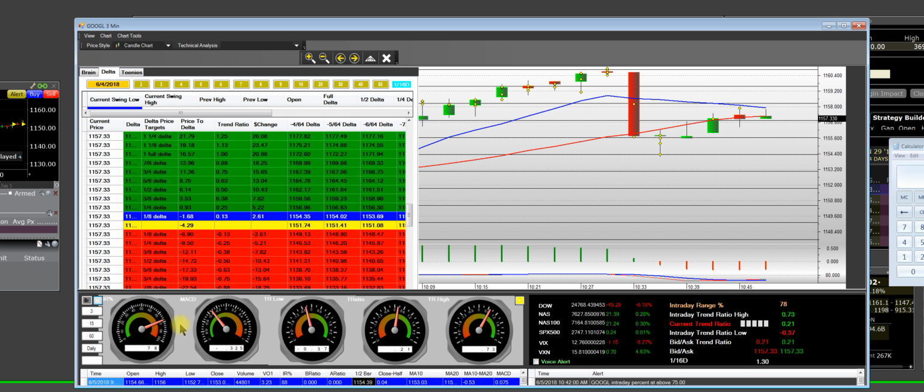when we're going long and we're bid popping, this gauge right here where my pointer is down here will go all the way at full RPM. Just like in your car, when you have to slow down at the red light, it starts to go that way, you have to be on that side of the trade. If you're not doing what it says there, that's going to be the low of the day. This over here is going to be the trend ratio high of the day,